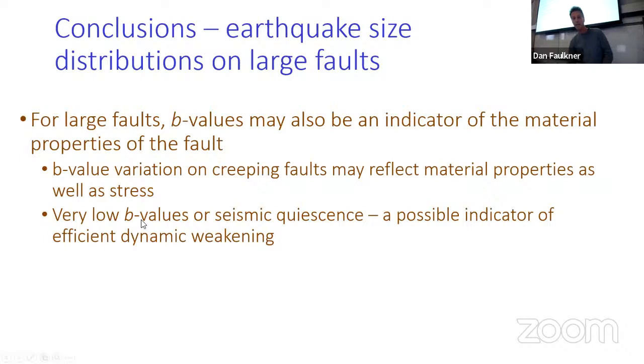And then finally, just what we talked about: these areas of seismic quiescence, these areas on big faults where there's very few events. That might be telling us that those portions of the San Andreas Fault, when we do get big earthquakes on them, there's very efficient dynamic weakening that takes place, which allows a big event to form, which can plow through these critically understressed parts of our fault zones.